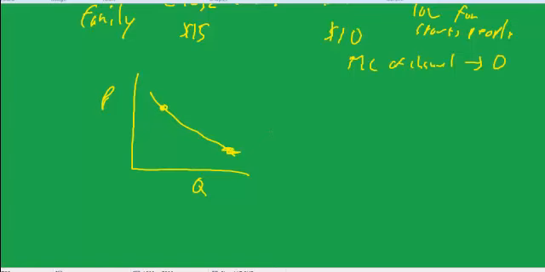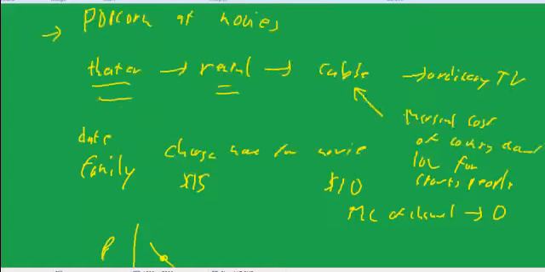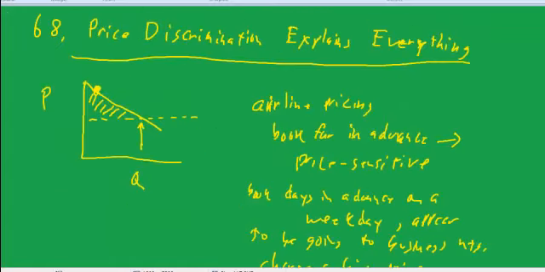So again, price discrimination explains everything. If you're actually asked to explain a real business phenomenon, the first thing you should think about is how does that particular business strategy or pricing strategy allow a company to get both ends of the demand curve at once. The price sensitive people down here can pay a low price, and the price insensitive people up here pay a high price. That's price discrimination, and figuring out how to do it is a big part of business strategy.